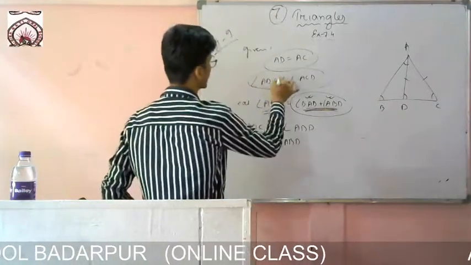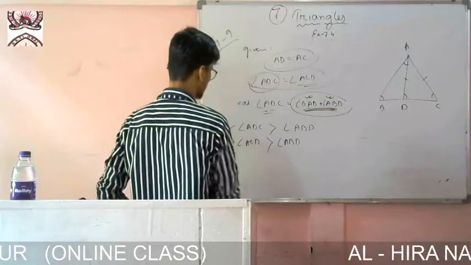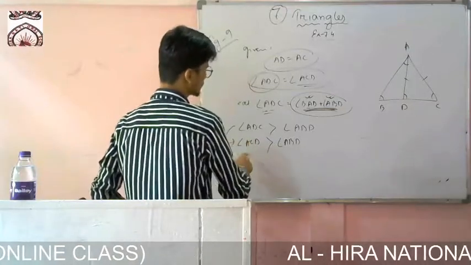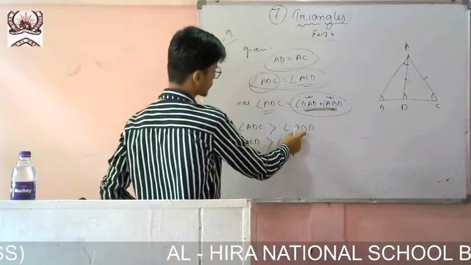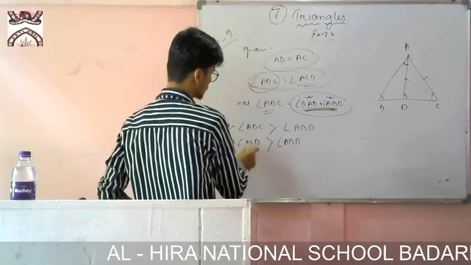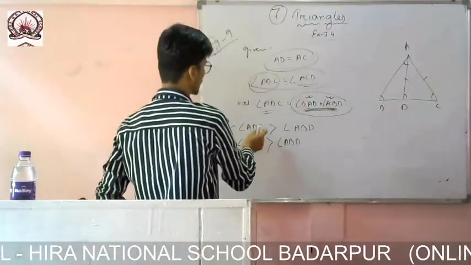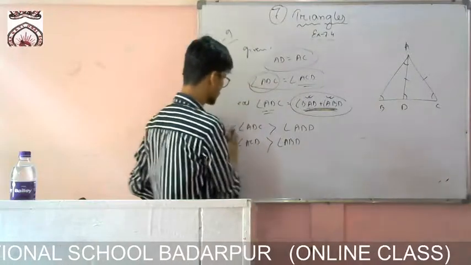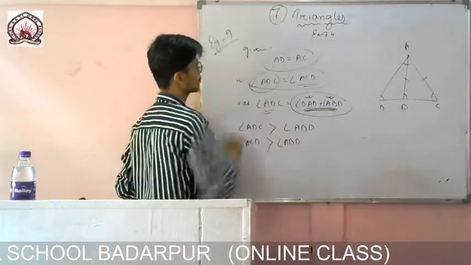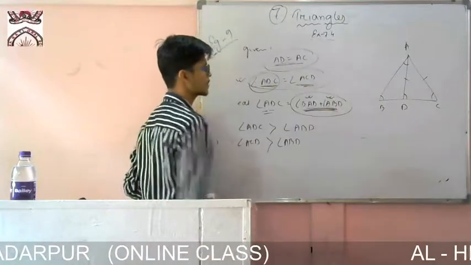Achha. And ADC and ACD are same, so just from this question it came. Okay, so these two are same, so I have written that if ADC is greater than this one, then ADC and ABC are the same. So ACD, I can write, is also greater than this one. You see this one, we have proved earlier that these two sides were equal. That means their angles were also equal, base angle.